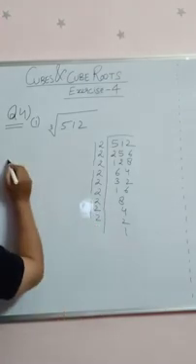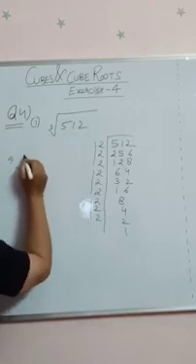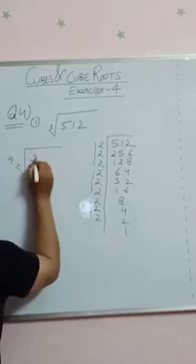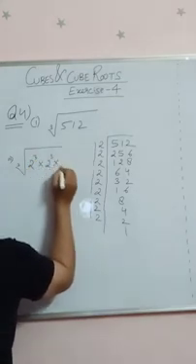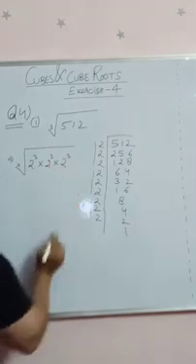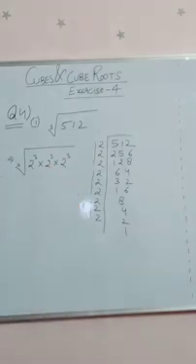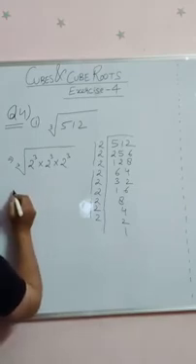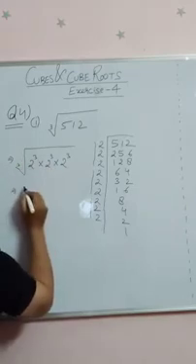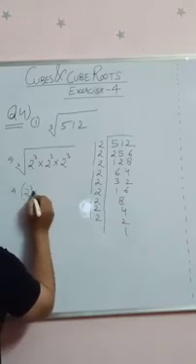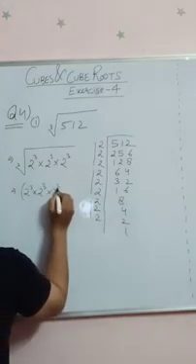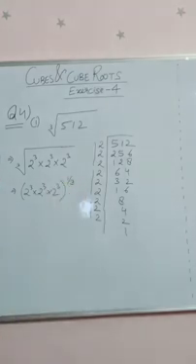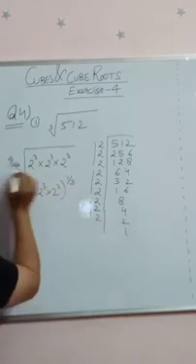So this cube root of 512 can be written as the cube root of, I am going to write it in terms of the factors form. It is 2 cube into 2 cube into 2 cube. Now whenever we have a symbol of root, actually it can be represented as a fractional power. That means this is a cube root. I can rewrite it as 2 cube into 2 cube into 2 cube whole to the power 1 upon 3. Now this 1 upon 3 is actually representing the cube root.